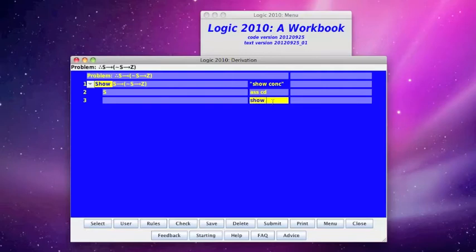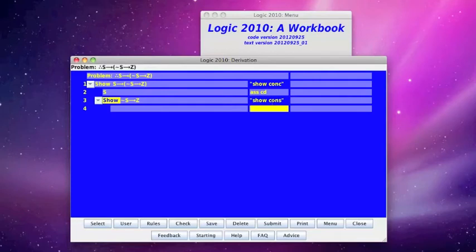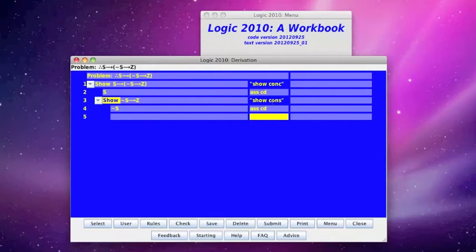Show consequent. And this is CD argument. And I'm trying to show Z. Now, I look at what I have and I say, oh my gracious, there's nothing I can do here. The only thing that will work